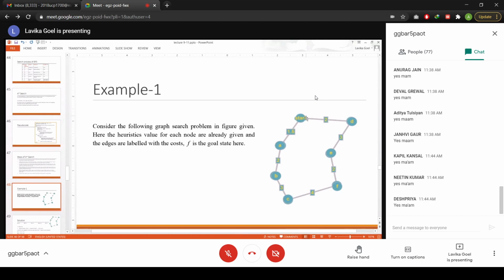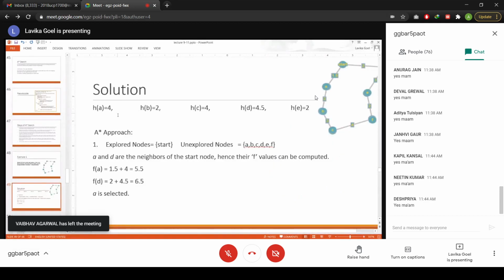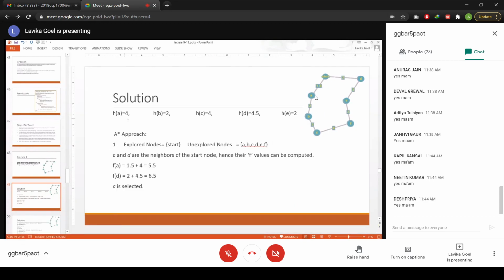Your heuristic values are also given to you. The heuristic values of each of the nodes A, B, C, D and E are given: heuristic value of A is 4, B is 2, C is 4, D is 4.5 and E is 2. This is given to you in the question.